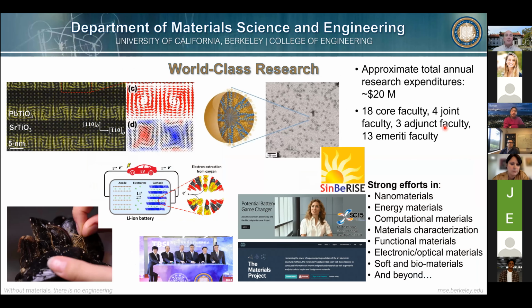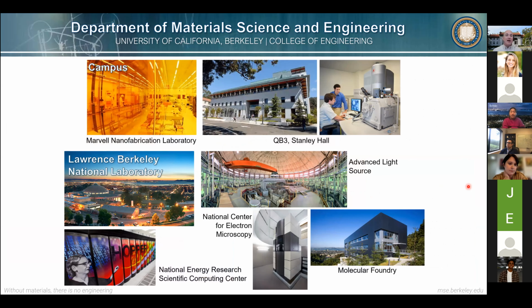And as part of that, you can then leverage the excellent facilities that we have available to us both on campus, right? Here's just some examples. This is the micro nano fab in Marvell. This is just across the Hearst Mining Circle from our building. This is Stanley Hall, where there's a microscopy facility. You can see Professor Miner here sitting on the desk, looking intently at some data on the computer here.